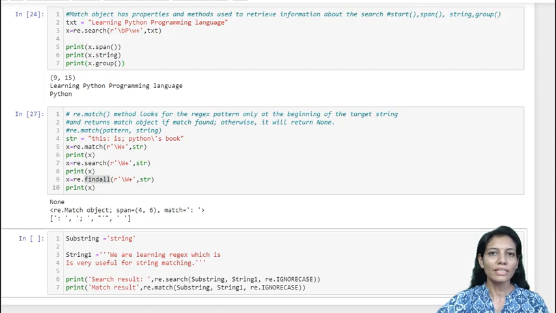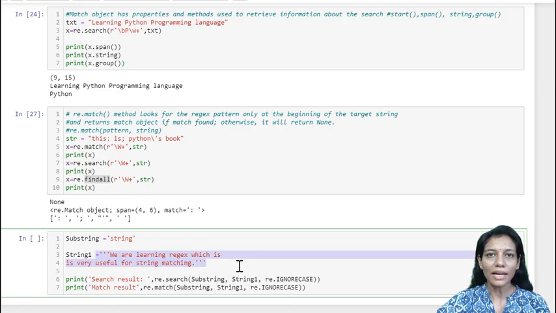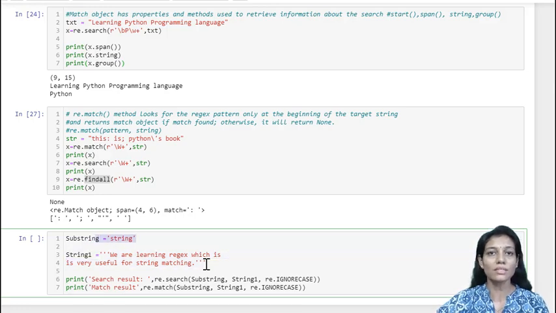Here we take one more example and try to understand the exact difference between match and search. So here I am having a substring which I want to find, that is a string. Then I have taken multi-line text from which I want to search. So this is the text from which I want to extract where string is existing.